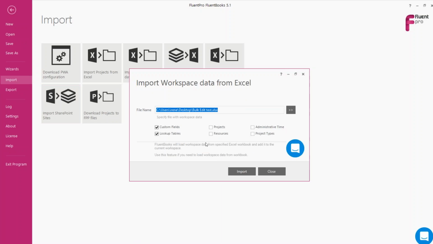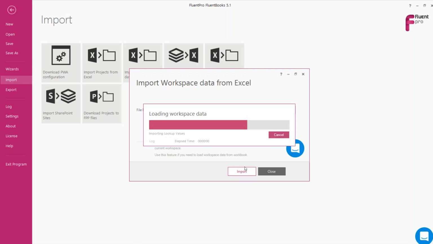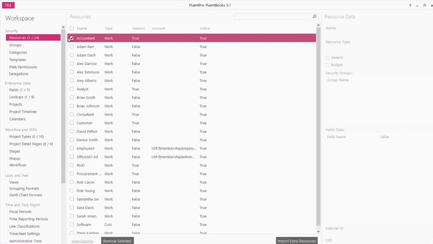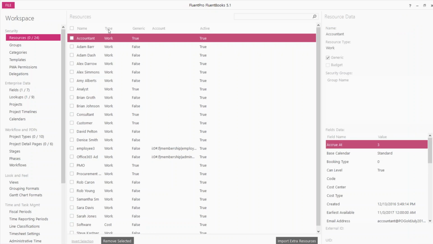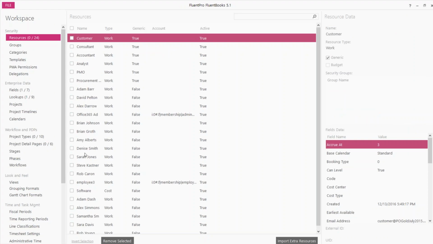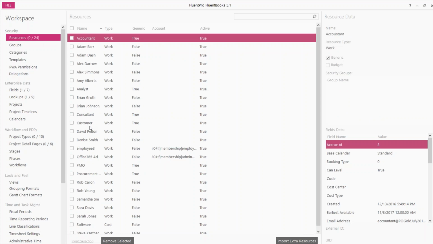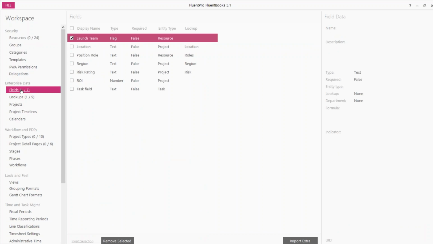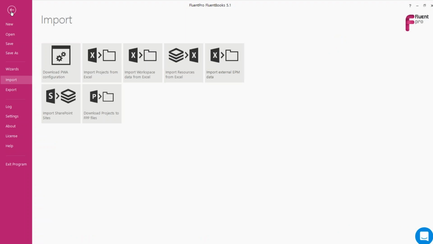select Import Workspace Data from Excel, provide the Excel where we have added this new data, select the elements, click Import, close, and we can now review that this data appeared in the workspace. Let's select the data here, and we can check that this data is now present in the workspace before we upload it to the destination PWA. I think I didn't use the correct Excel file, but